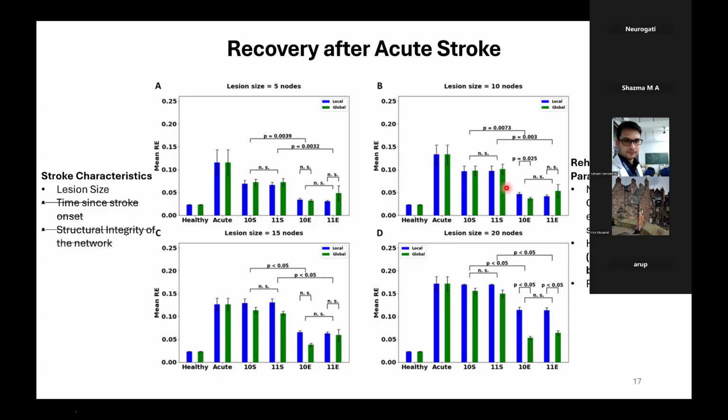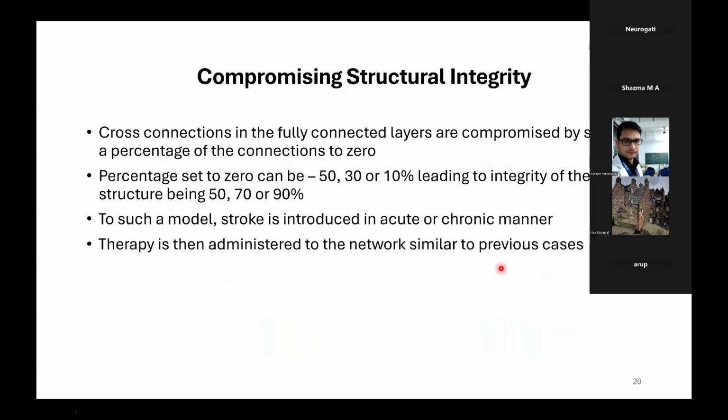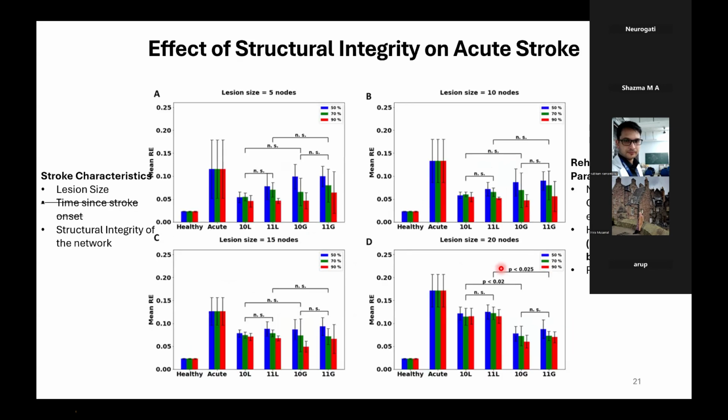And this is seen across all nodes under both acute and chronic conditions. Now, with this in mind, here the structural integrity of the corpus callosum was maintained at 100%. So now we're going to see what happens when I start affecting this. When I start affecting this and I introduce the therapy here, I'm no longer seeing the comparison between exploratory and stereotypic, because I've already shown that exploratory is going to be much better than stereotypic. So here the comparison is going to be between 1-0 hand selection condition and 1-1 hand selection condition under both